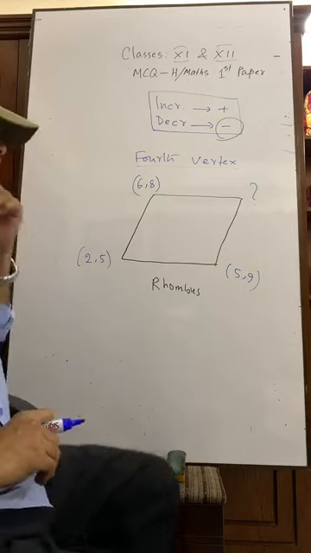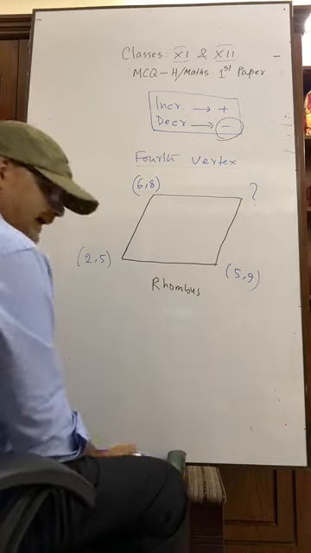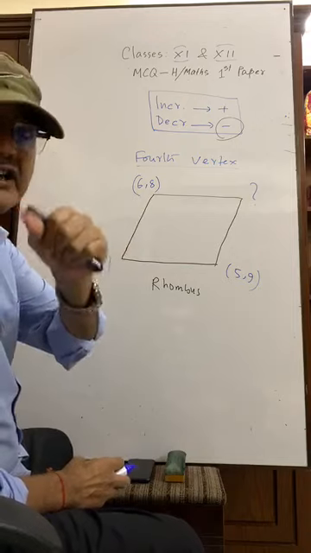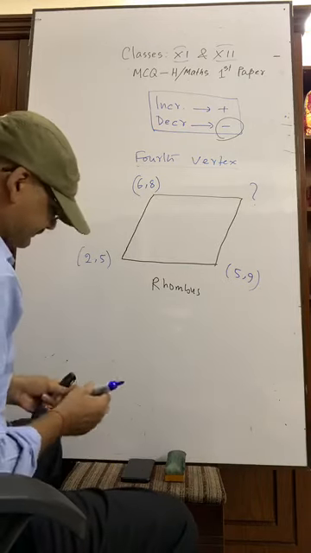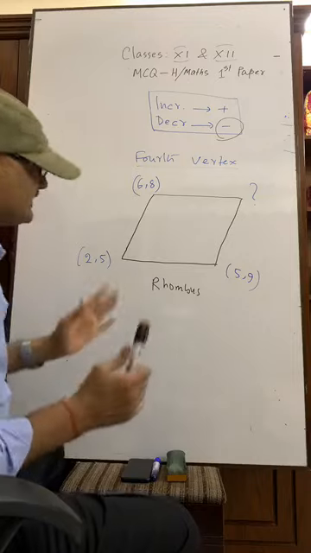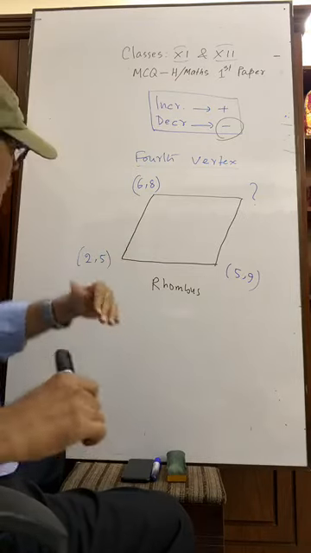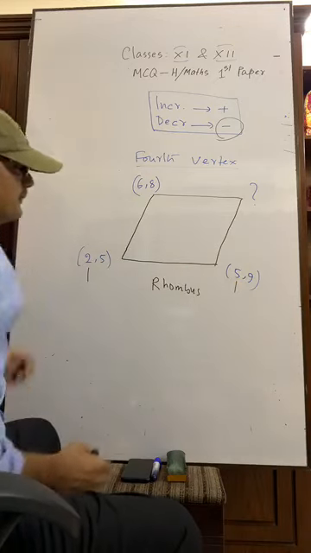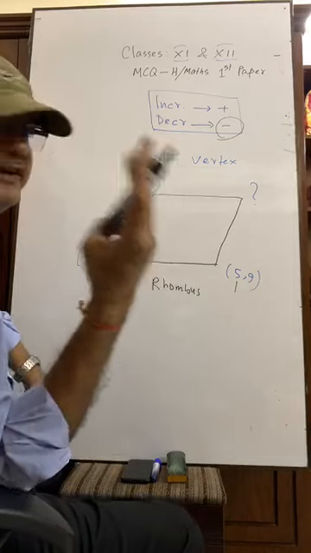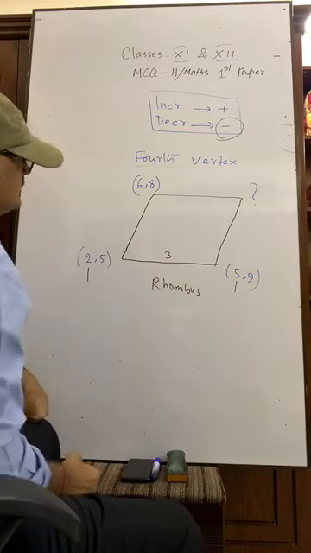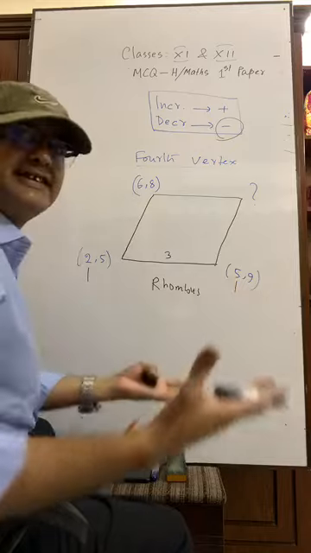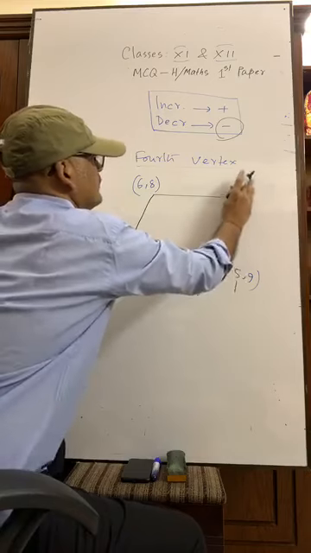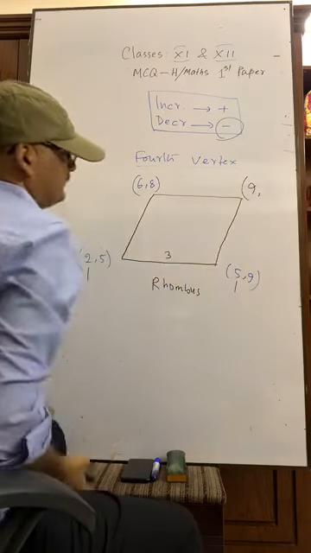Anyway, just pay attention here. You can do this math within 10 seconds if you pay attention. Start. As I told you earlier, what is the difference between 2 and 5? Answer: 3. From 2 to 5, it is increasing, that is addition. 6 plus 3 equals 9. Have you seen?